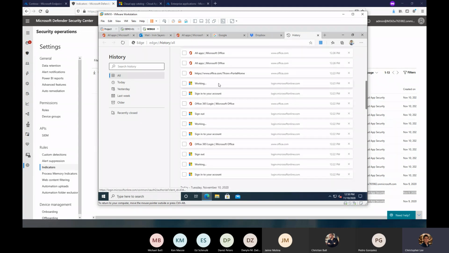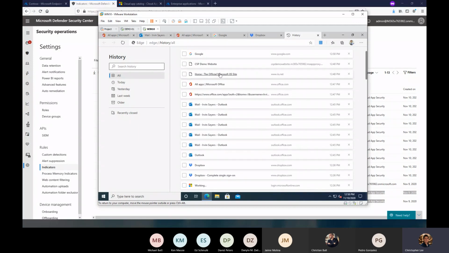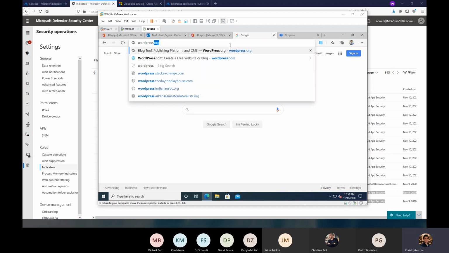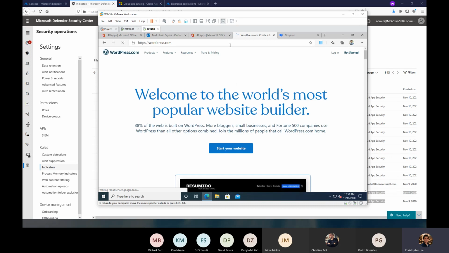There's a test site that I could show you. I'm not seeing it in here. You should get a big red screen that says you're not allowed to get here from there. Unfortunately, I don't have that URL in front of me, but WordPress, the same thing. Unfortunately, in my lab, I don't have it working. I can get there, but I should get a big red screen right here instead of being able to get